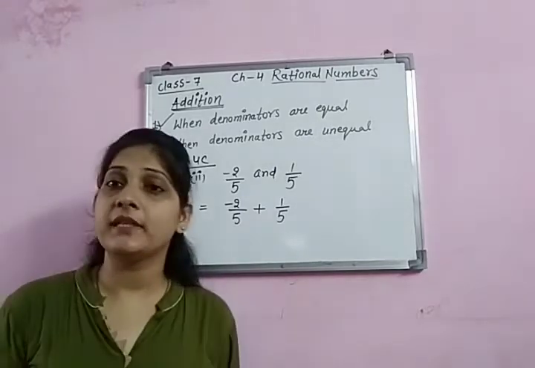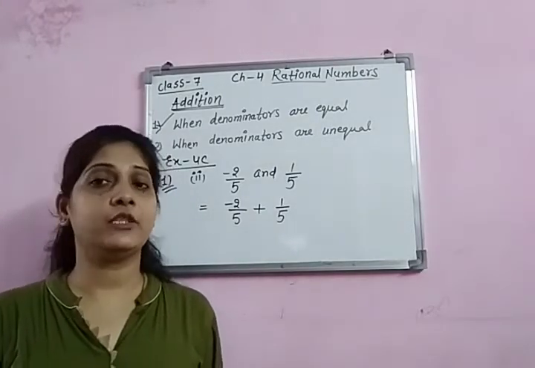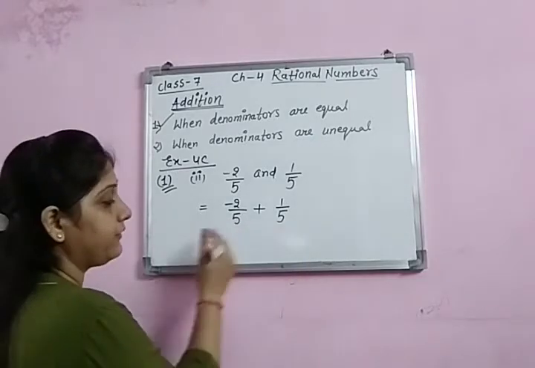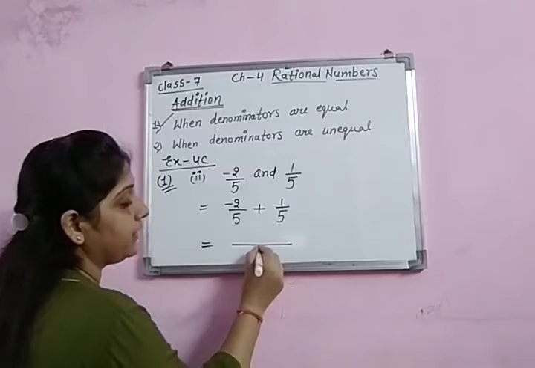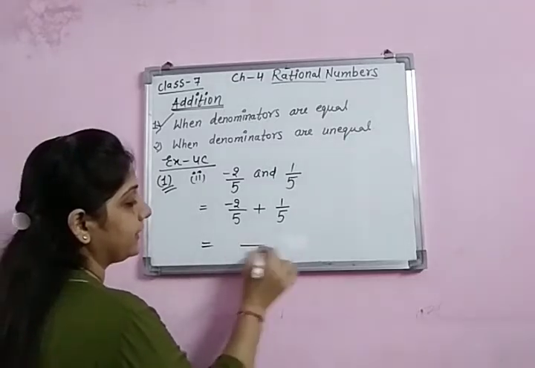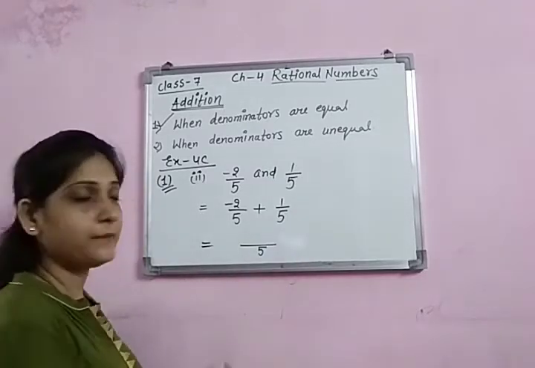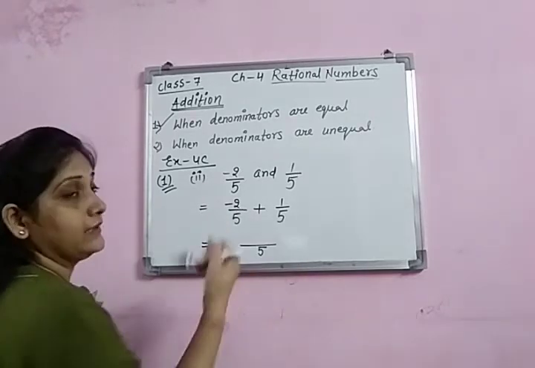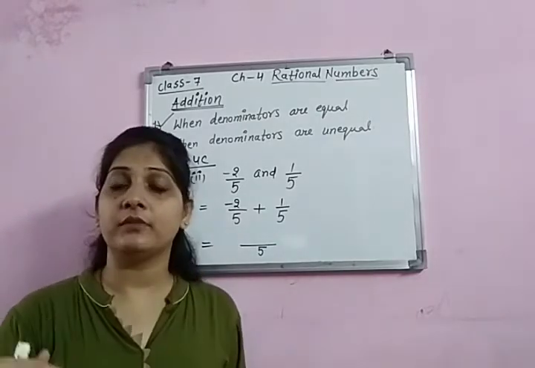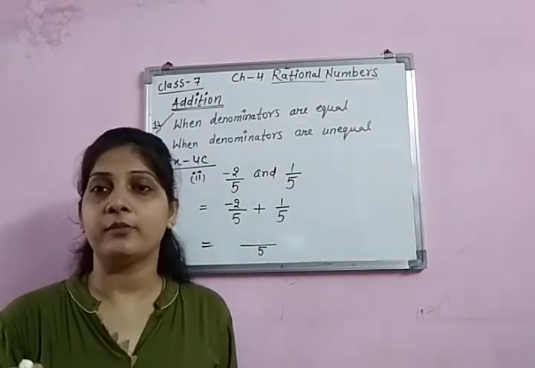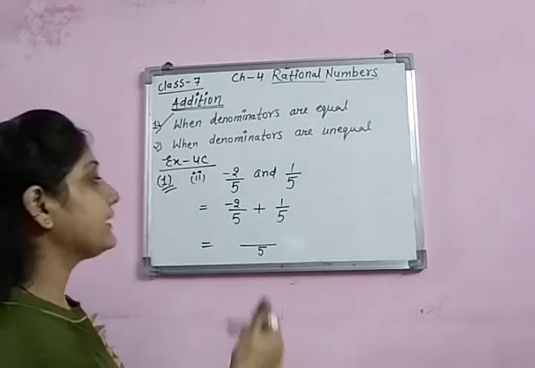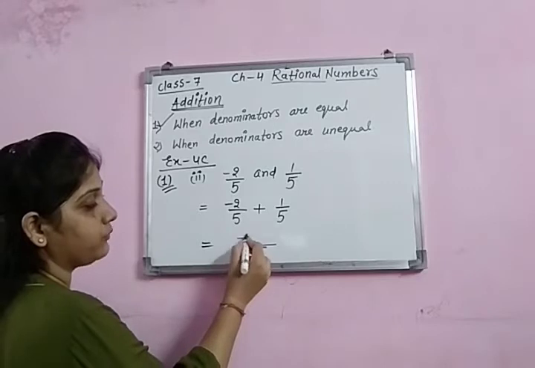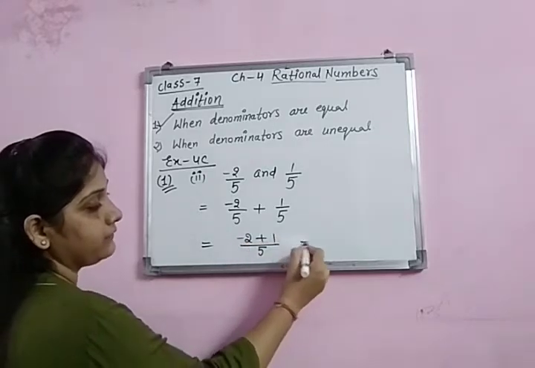Now when the denominators are the same, there is no need to take the LCM, because the denominator will be that number only. 5, 5, so their LCM will be 5. I am writing it a single time. It's easy, because when we take the LCM of 5 and 5, it remains 5. And there is no need for the whole procedure of dividing by the denominator and multiplying by the numerator, because the denominators are equal. So we write the same numerators as given.